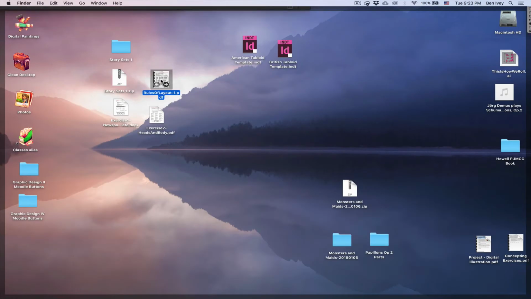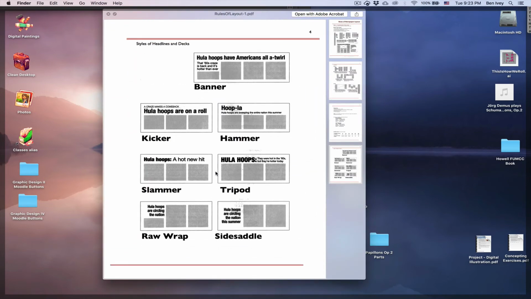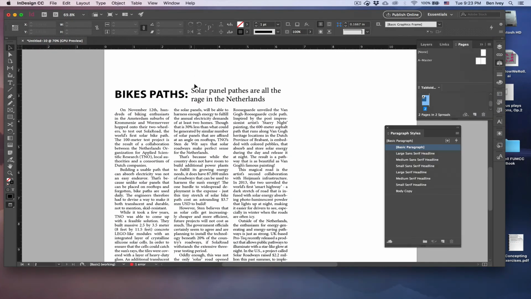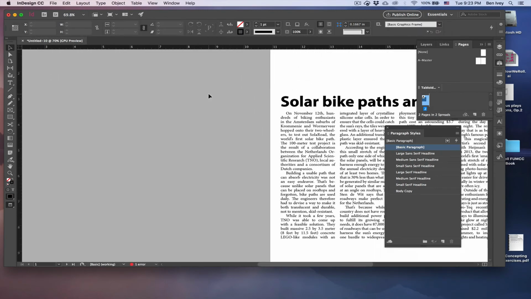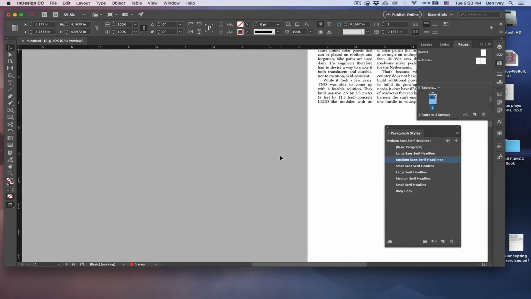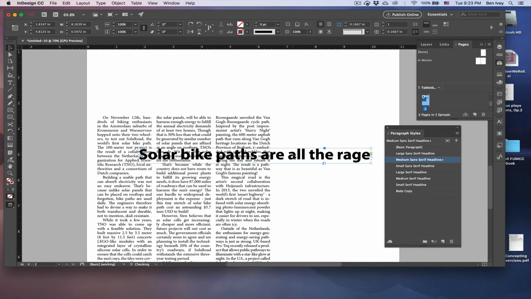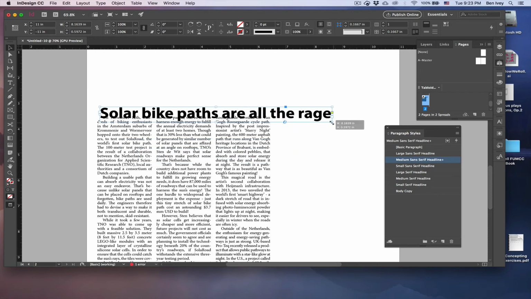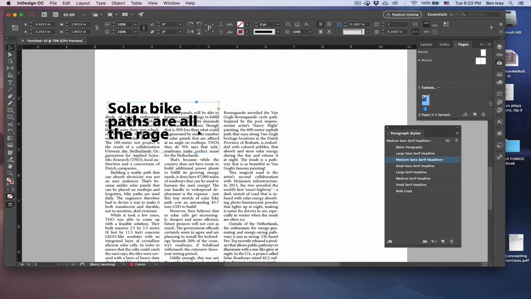You can see these again in our rules of layout, last page. There's our kicker and our hammer. There's our slammer and a tripod. The last 2 are a raw wrap and a side saddle. Raw wraps, we'll go back up and I'll just copy this one from here, allow you to take your headline and we're going to wrap it inside of the article